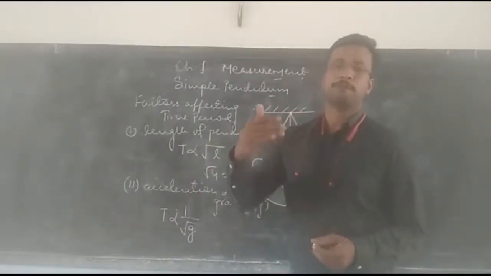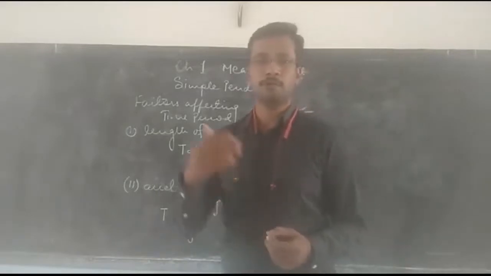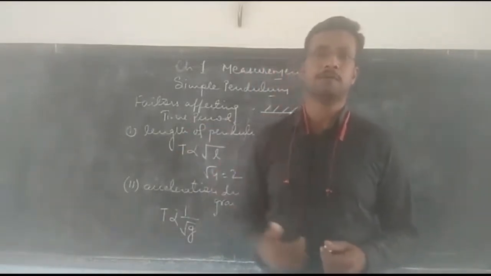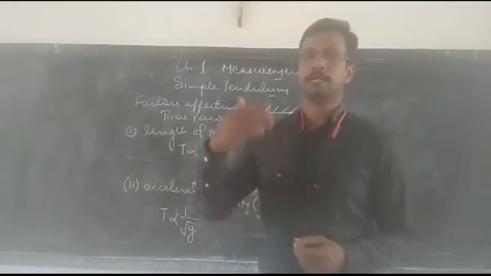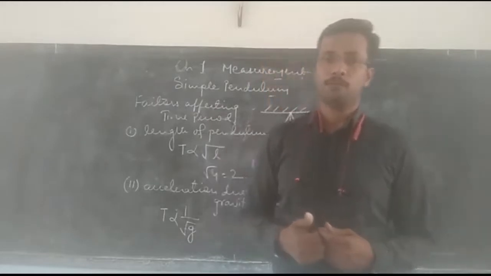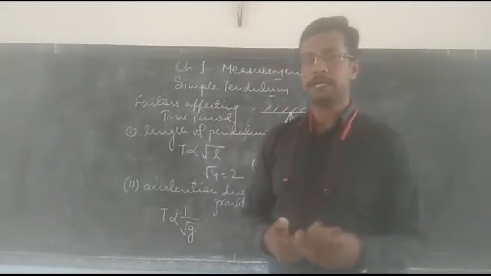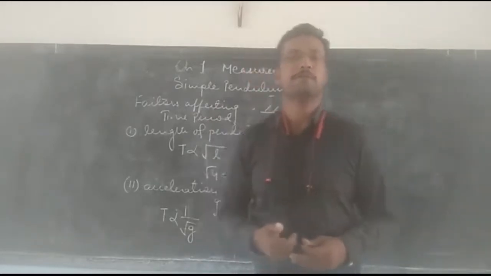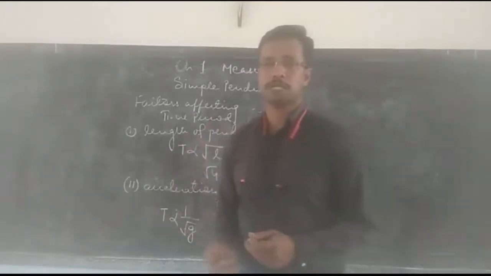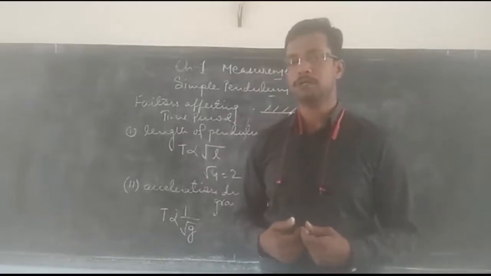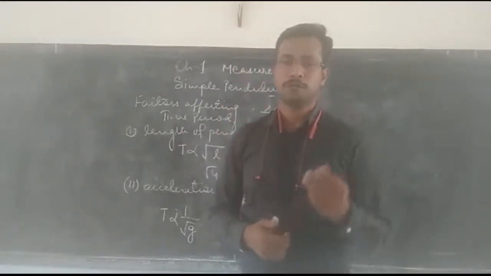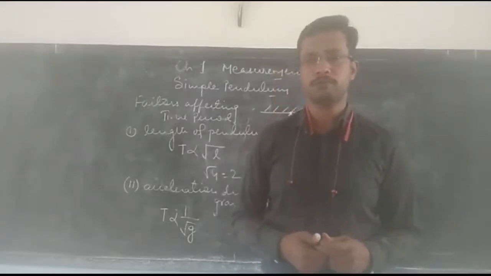For example, if a pendulum is taken on the moon, where the acceleration due to gravity of the moon is less than on the earth, then on the moon, time period will become more, and we can say that oscillation will be very slow. So the same pendulum which was oscillating fast on the earth suddenly starts oscillating very slow on the moon due to the less acceleration due to gravity.